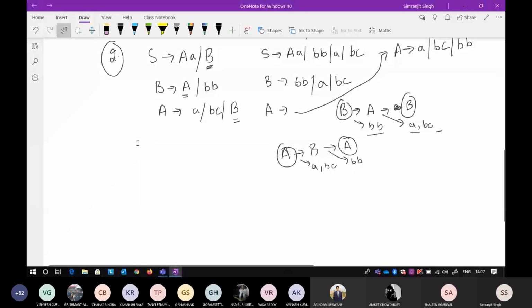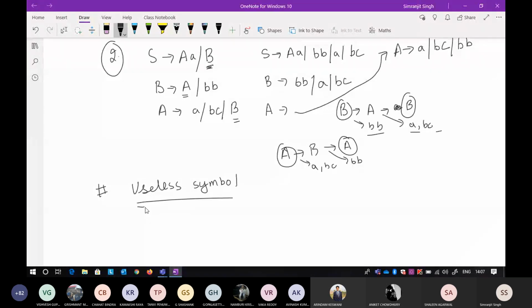Okay, so the final step before starting our normal forms is that we also want to eliminate useless symbols. The definition of a useless symbol is very simple: it should derive something useful, and it should be reachable from the start state.